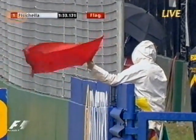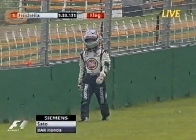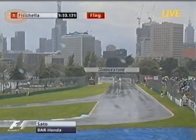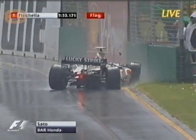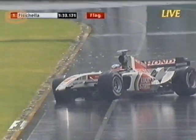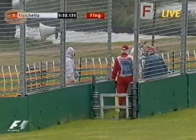Yeah, so Sato's been testing out his car, his tyres on the racetrack on the out lap, and found out he didn't have enough grip. He's obviously run out of talent somewhere around there, and when he most needed it, and it's that sweeping right-hander of turn 8. And yes, that's hard into the wall. Let's hope he's not done the chassis on that. So often those front wishbones, the wishbones on the front suspension, when you hit like that, or the push rod itself, can just plunge into the side of the monocoque